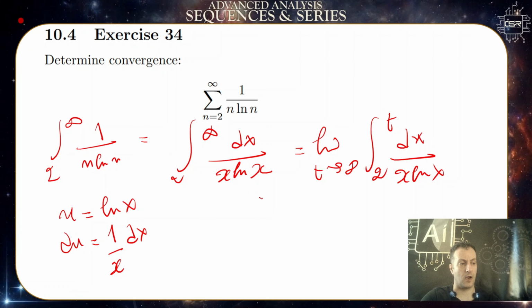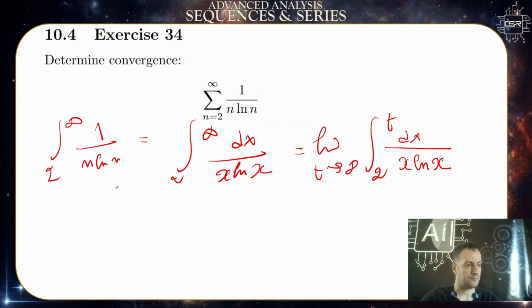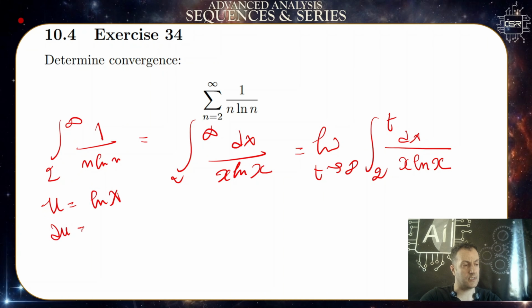Let u be equal to ln x. du is equal to 1 over x dx, which you see obviously in this equation. So therefore, it is the integral of du over u,